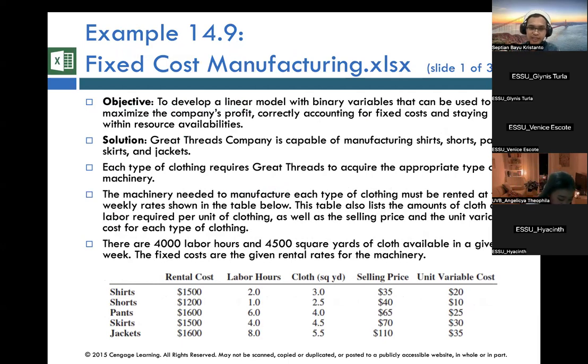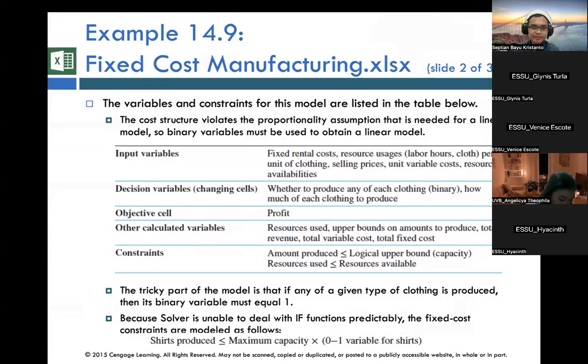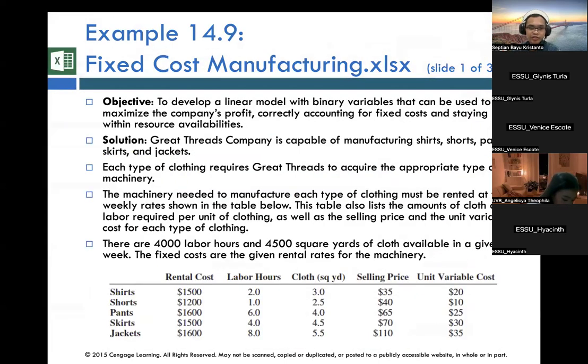For these examples, you can find information like the shirt, shorts, pants, skirt, and jacket. This is the fixed cost of manufacturing in our business, for example for a clothing factory. In a clothing factory, we can produce any kind of clothing like shirts, shorts, pants, skirts, and jackets. And for this case, we have a rental cost. Maybe we need to pay some rental payment or rental expense for a machine, or maybe for the packaging of